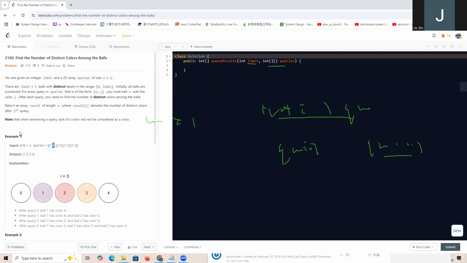So let's look at the example. We set ball 1 with color 4, right? And then we set ball 2 with color 5. And so there is 1 distinct color, then 2 distinct colors. Then what we do is that we set ball 1 with color 3. So there are still two, right? Because the 4 is being